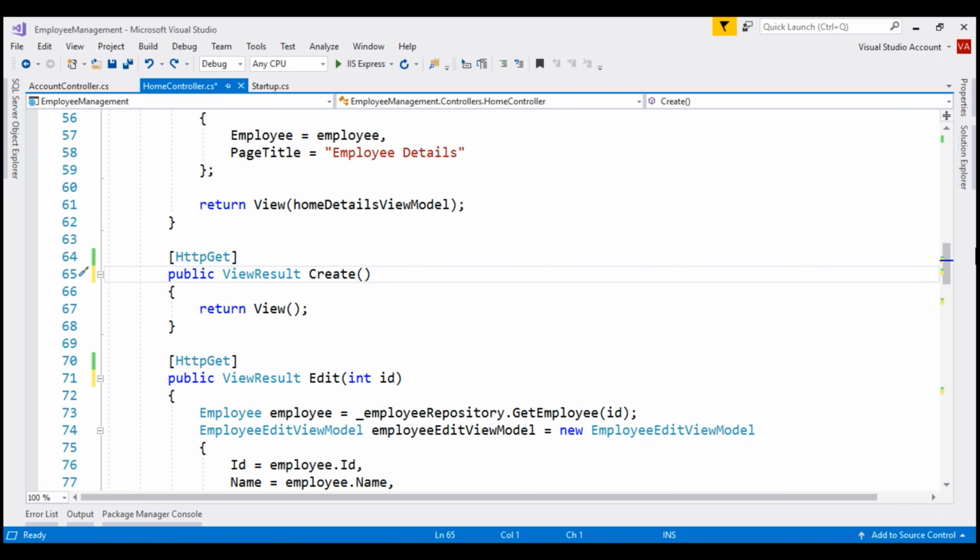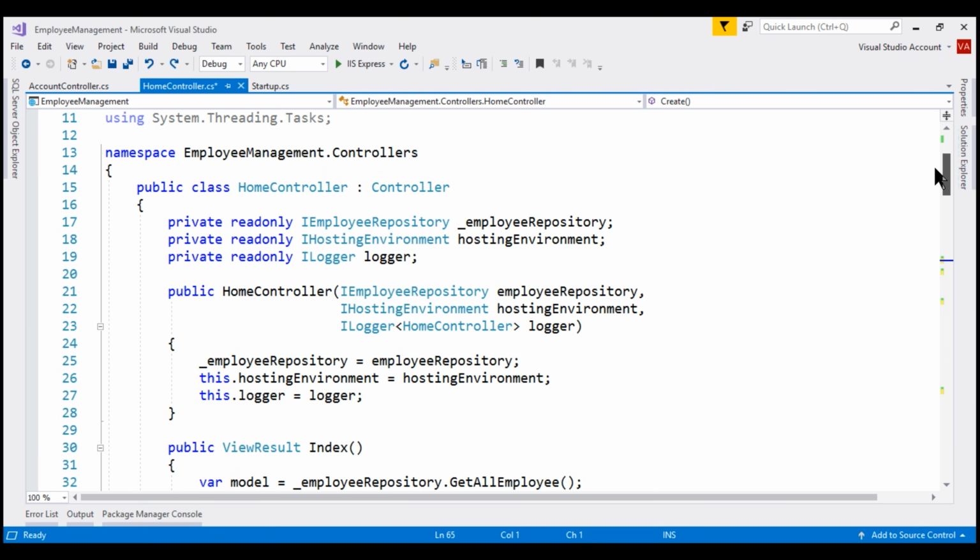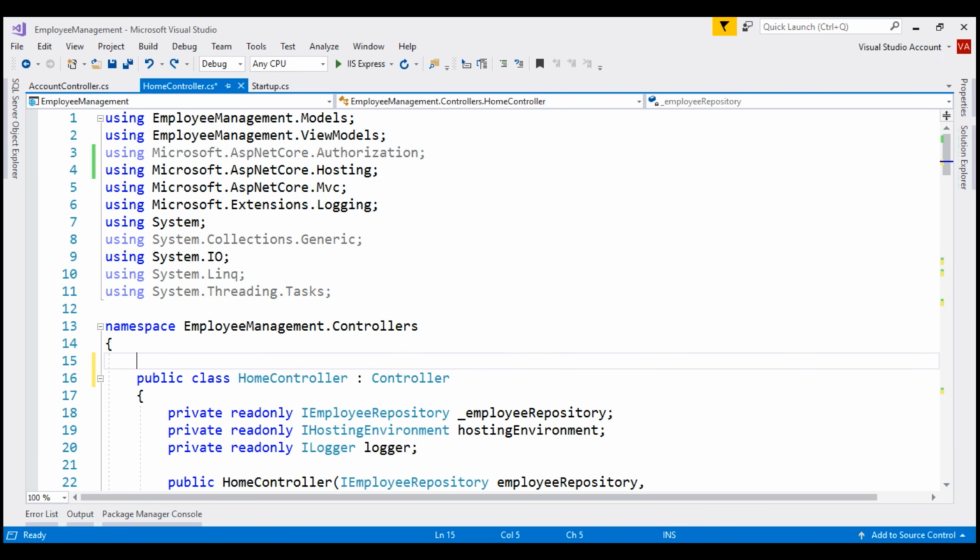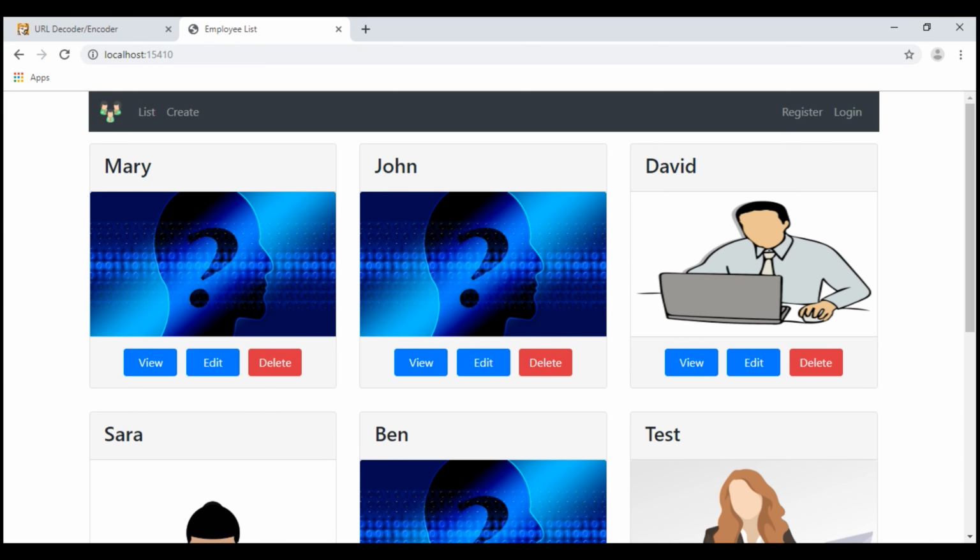Now let's include the authorize attribute at the controller level. With this change, if we are not logged in, we'll not be able to access any of the actions within the home controller, including the index and details actions. Let's quickly test this. At the moment, we are on the list view. If I try to view a specific employee details,